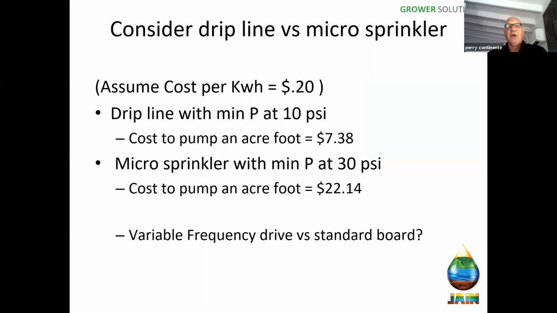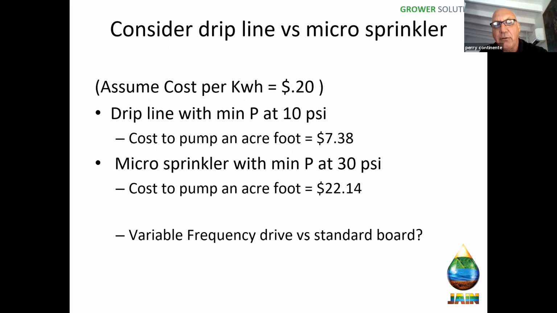So now we're talking about energy. Let's just assume that the cost of energy is 20 cents a kilowatt hour. I don't know what it is in your area, and you can go up or down. And we have a drip line that has a minimum pressure requirement of 10 psi. Well, the cost to pump an acre foot at 10 psi is $7.38, given we have a 20